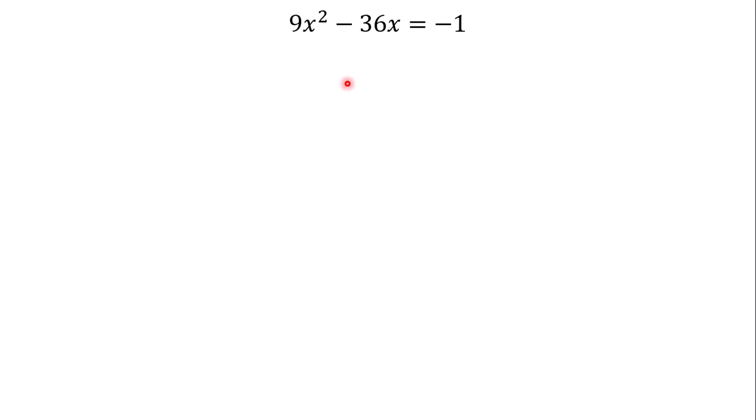But when you get a quadratic equation and you want to complete the square, say 9x squared minus 36x plus 1 is equal to 0, and you want to use the completing square method, the first step says to send the constant to the other side. I mean, where the 0 is, you have to send the constant to the other side of the equation. So that is what I've just done here. Okay, so you're just going to follow the rest of the steps to find the value of what? x. So using the completing square method,